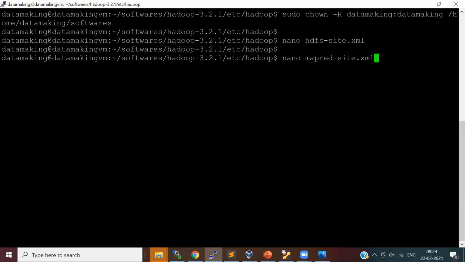So all these are basically will be done. So this is for learning purposes. We are doing it on our own. Generally, all this will be done by the Hadoop administrator people.